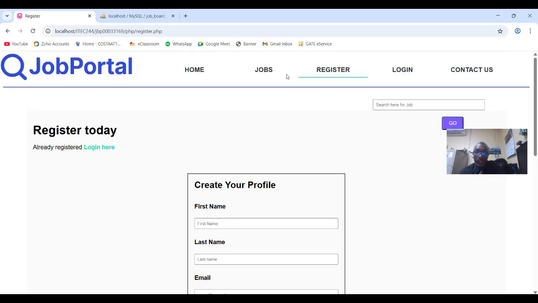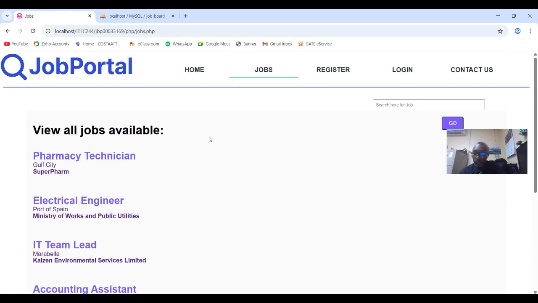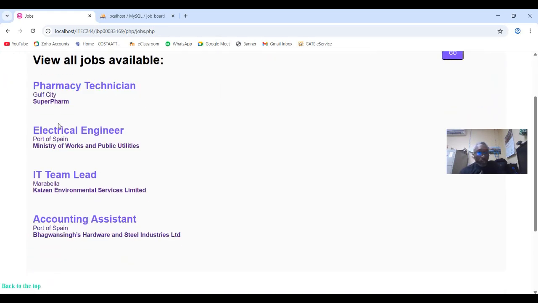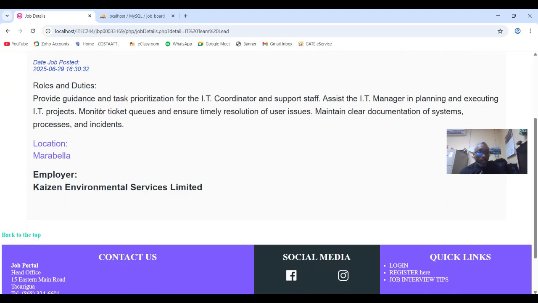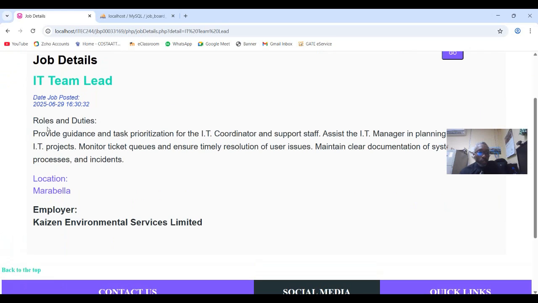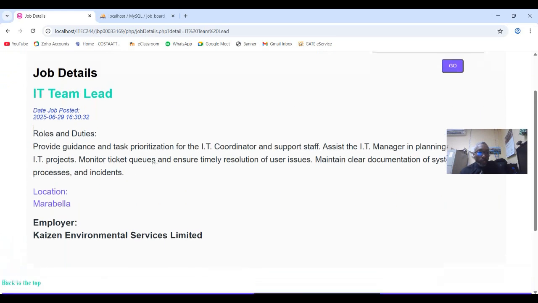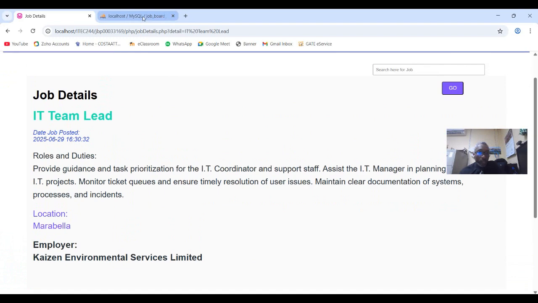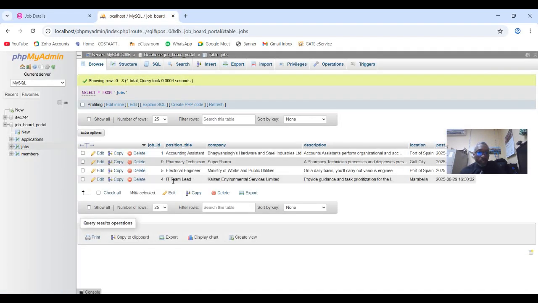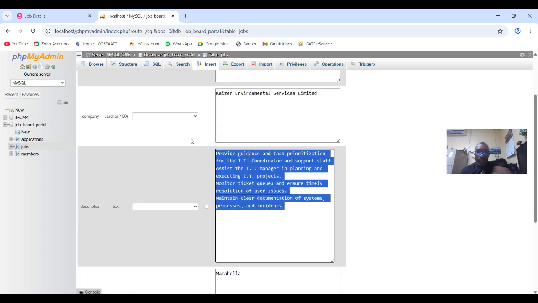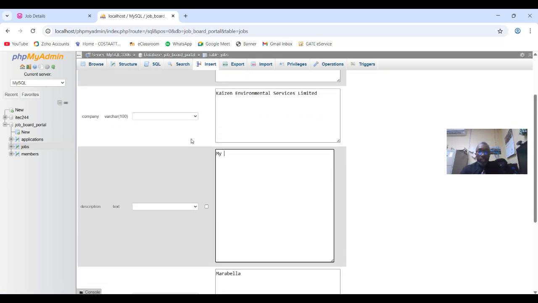All right, and finally, we're going to check out our jobs. We're going to isolate our third job, which is IT team lead. We're going to click on this, open up the job details page, and note our roles and duties right now. And we're going to make a little change on the back end. This is the team lead. We're going to edit it. All right, and we're going to change this description to